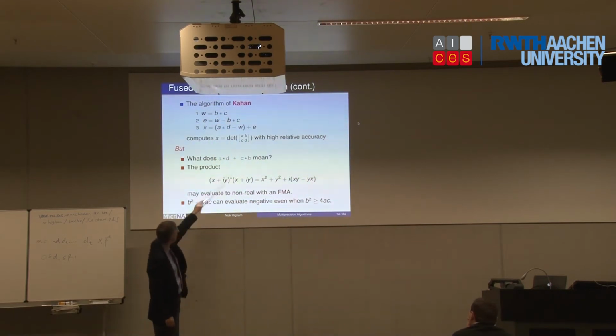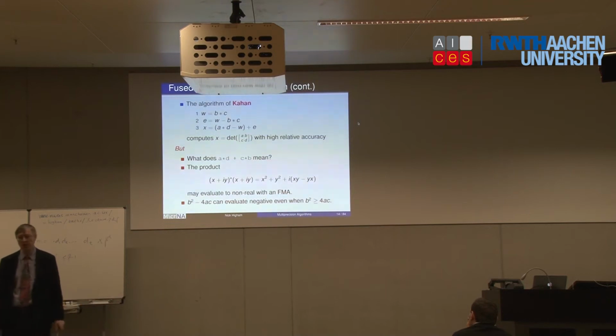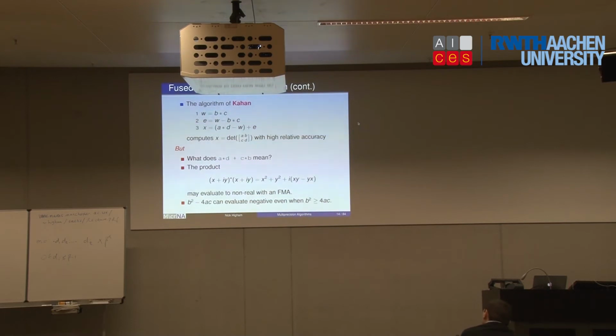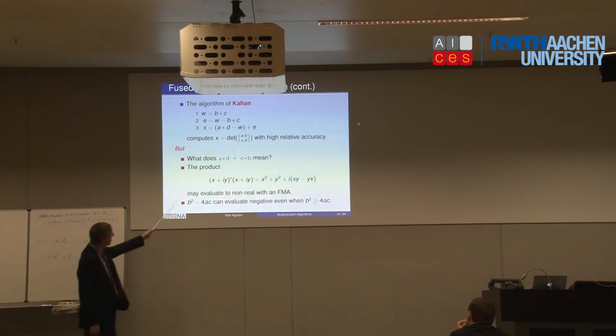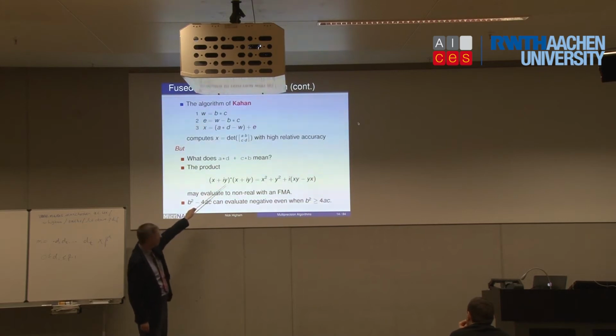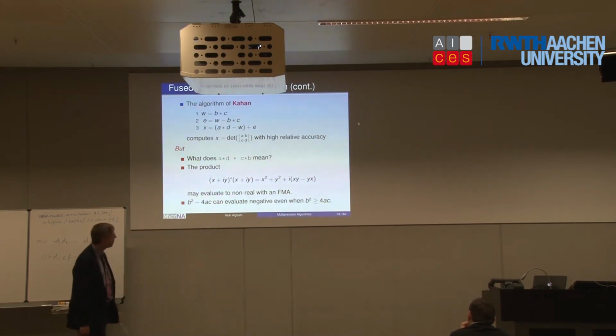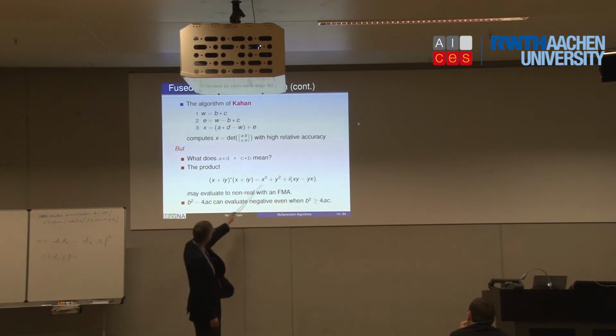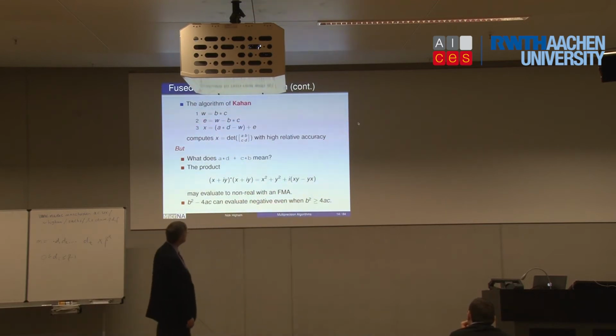So if I have a times d plus b, semantically what does that mean? Well, if you're a compiler and you come across that expression, which do you do first? Do you do c times d first, and then use that with a and b in an FMA? There are two ways you can evaluate that in the compiler. Which one to use? It's not clear, it becomes ambiguous. And if you take something like z times conj(z) with z a complex number, the answer should be real, of course. The modulus squared.